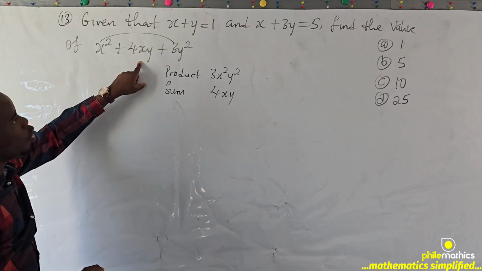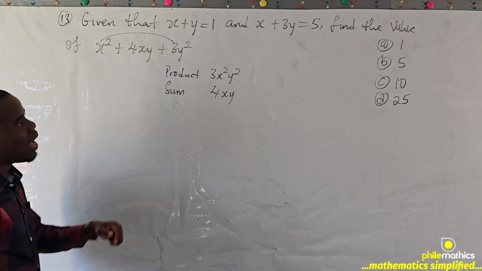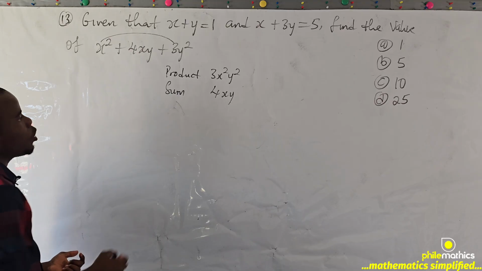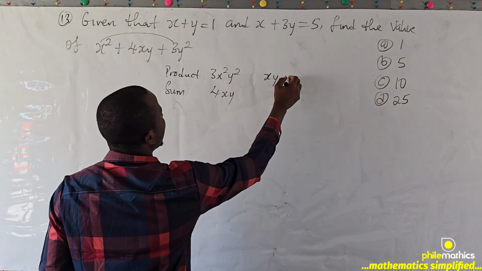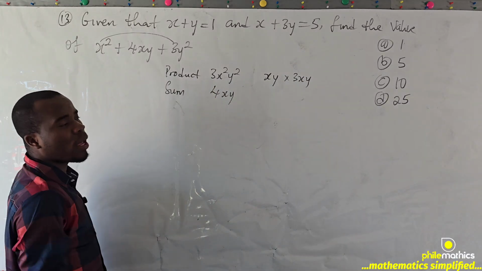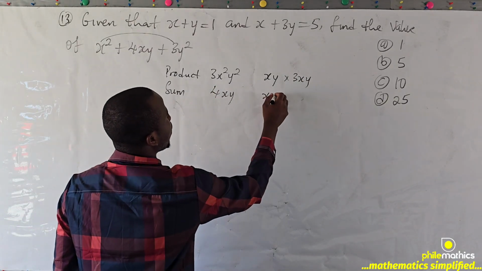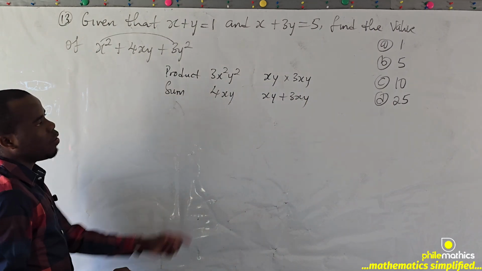The two numbers that come to mind will be xy and 3xy, because xy times 3xy will be 3x squared y squared, and xy plus 3xy will be 4xy,